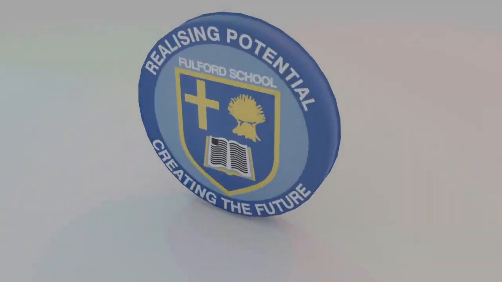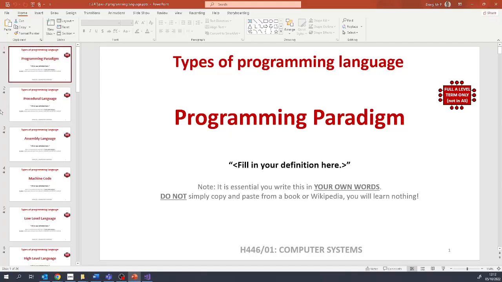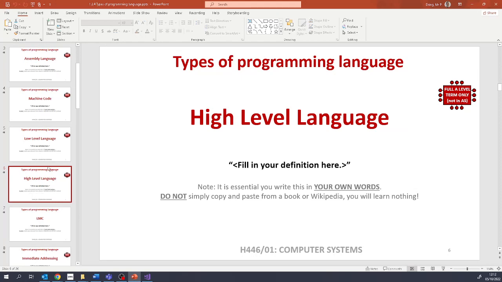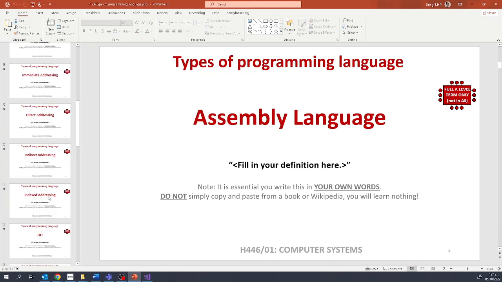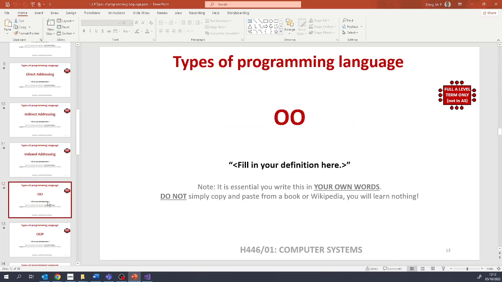Great. Okay, so thank you for doing your topic test for programming techniques. We're going to build on that by looking at different ways of programming, which means that we need to understand what a programming paradigm is. We're going to focus a little bit on high-level programming languages. We'll go through procedural and assembly, but we want to spend most of our time in this topic talking about